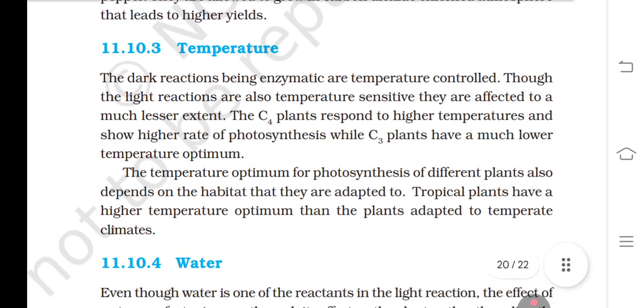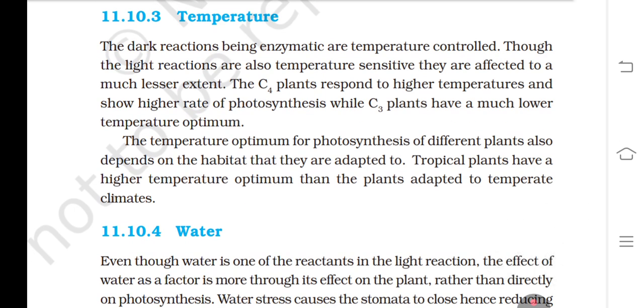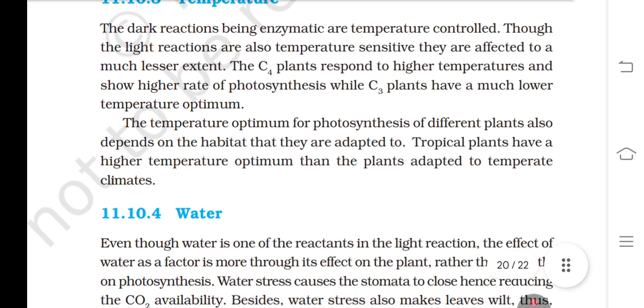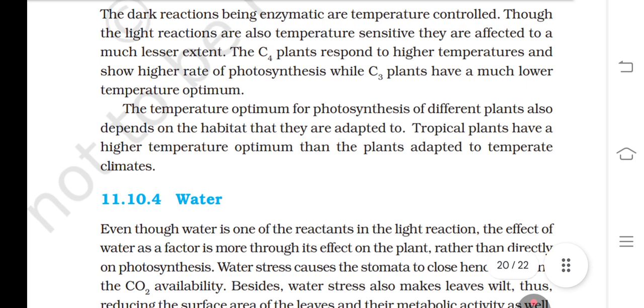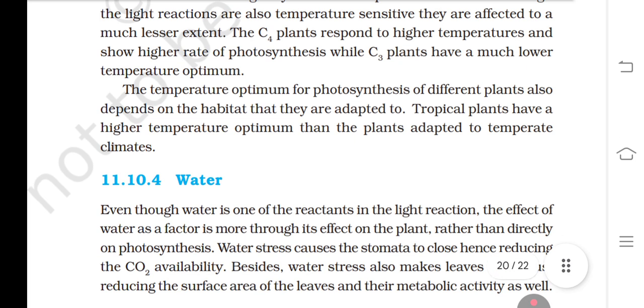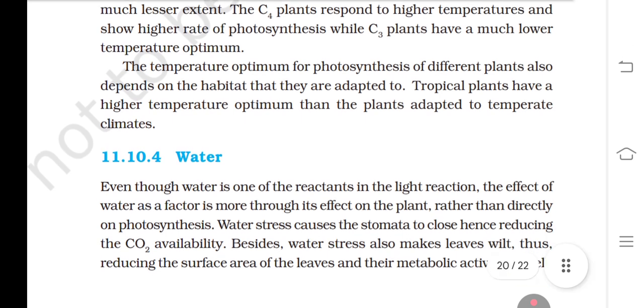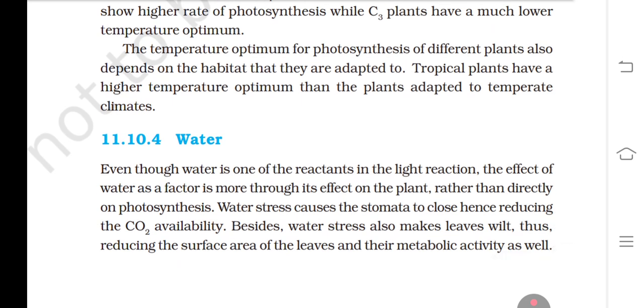The dark reaction, being enzymatic, is temperature controlled, though the light reaction is also temperature sensitive, it is affected to a much lesser extent. The C4 plants respond to higher temperatures with a higher rate of photosynthesis, while C3 plants have a much lower temperature optimum. The temperature optimum for photosynthesis for different plants also depends on the